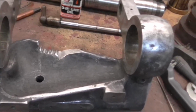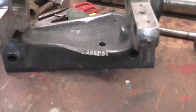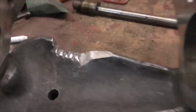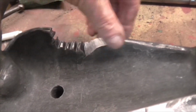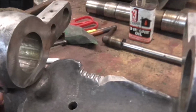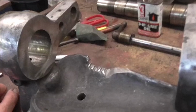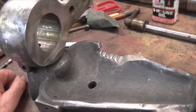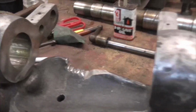And there we go folks, once again the clock has beaten me. It's 4:52, time to go home, but I think you'll agree that that has come up okay. I've got most of the black paint off it, all the green paint off it. I'm going to repair this, I'm going to fill it and flat it so it won't look bloody awful like it does now. The alternative is to grind it out and smooth it off, and I don't think that's a good idea. So I'm going to fill it and flat it and make it the shape as it was,